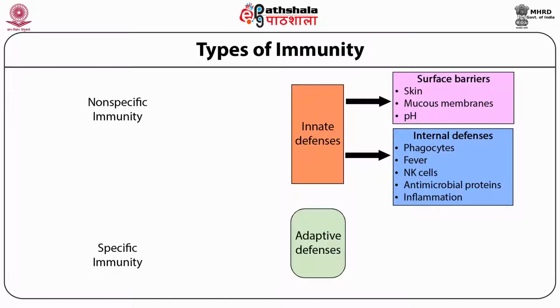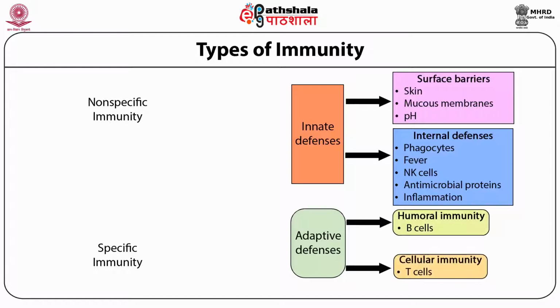When the innate mechanism is not able to control the disease, the more specialized form of the immune system comes in. This specialized immune system is governed by two important cells, called B cells and T cells. Even though they are derived from the bone marrow, their primary education takes place at two different locations in the body. One is the bone marrow, which is why they are called bone marrow derived B cells, and the T cell undergoes primary education at the thymus, which is why it is called thymus derived T cells. These two cells have receptors for the antigen.